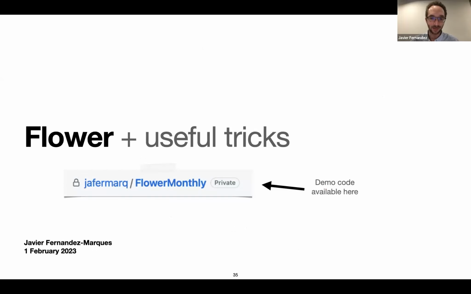The next part is quite brief. So I put together a repo very recently, like today. Now it's public, so you can find it there under my GitHub. And the idea is I wanted to share two ways of working with Flower that I find very useful,